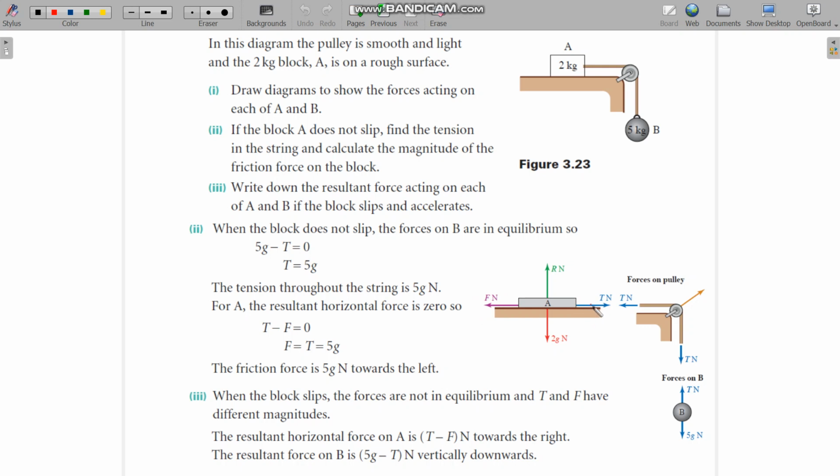And 5G here would be the weight force of, yeah, well, we're doing this one first here actually. So forces on B. So since the block does not slip, the block does not move, the rope does not slide on the pulley here, so we have stationary